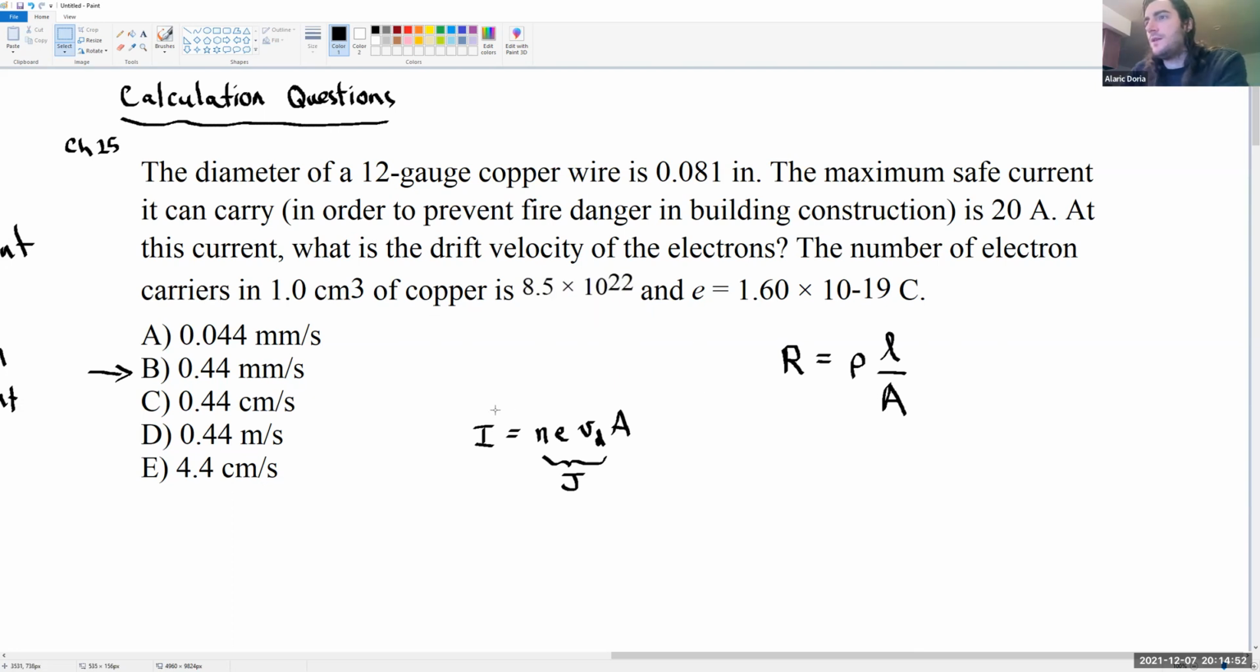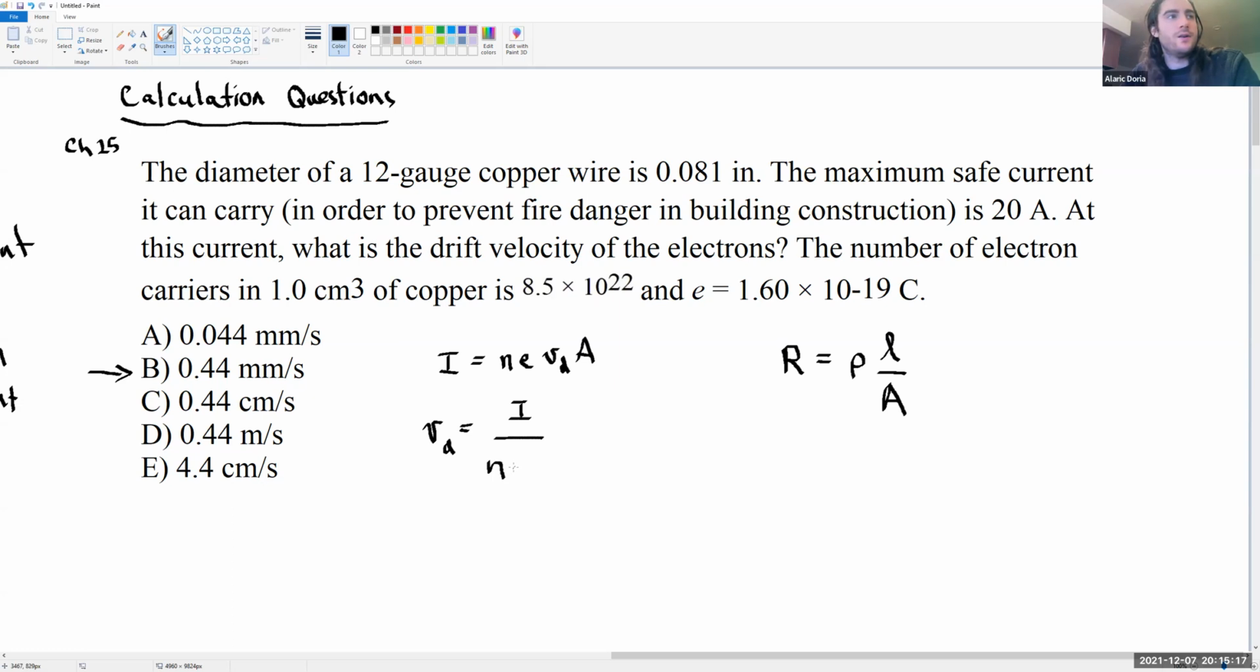The first thing we need to do is get the, what are we looking for again? Sorry, I forgot. At this current, what is the drift velocity of the electrons, right? So we can solve for the drift velocity to see what we're looking for here. So the drift velocity is the current over the charge carrier density times the charge of those charges divided by